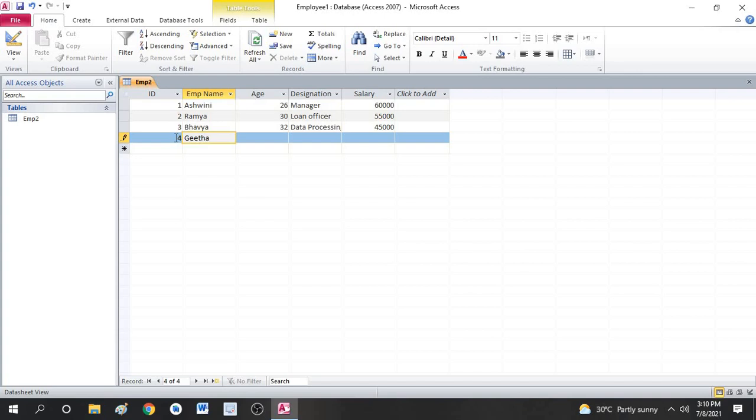Next, employee Geeta, 45 age. Officer. Let the salary be 70,000.